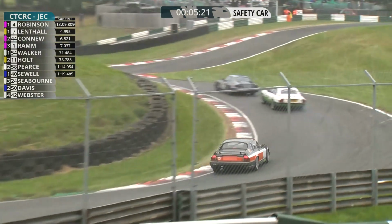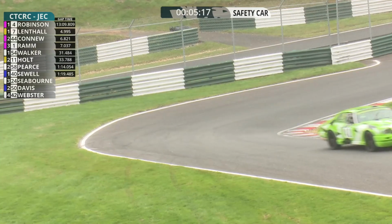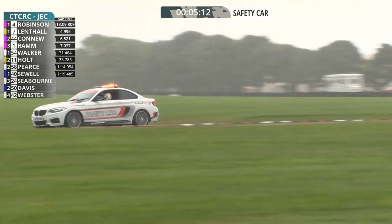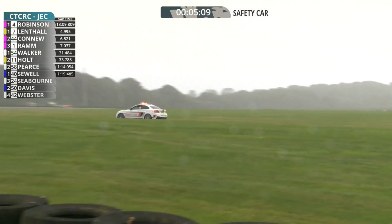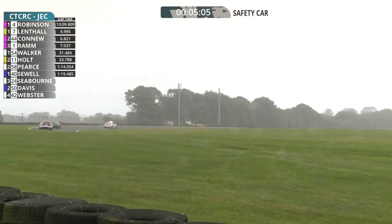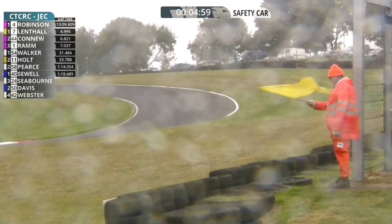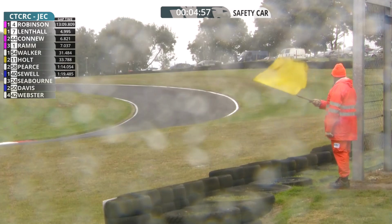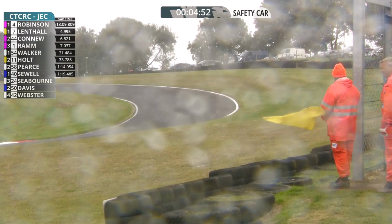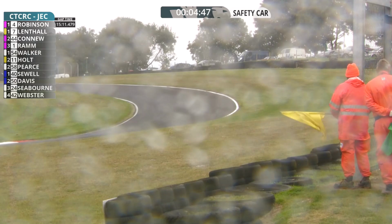Now it's about here where the paddock entrance is. I can't see any problem there. Did Michael Seaborn, I wonder if he went past the paddock entrance, but then the car has conked out on him. There's the BMW safety car. Long-time racer and marshal Colin Stubbs driving that this weekend, a regular official here at Cadwell. Helped out, we're told, by Dan Ashton as well. Marshal and racer on the short ovals. So Colin Stubbs in the BMW